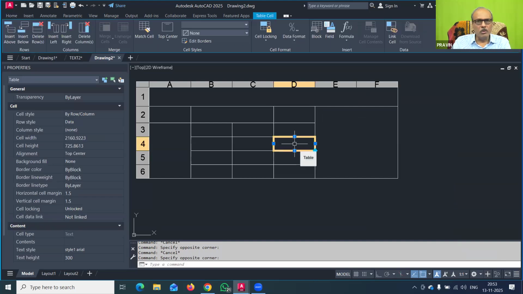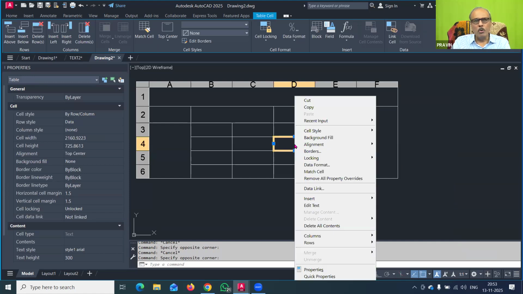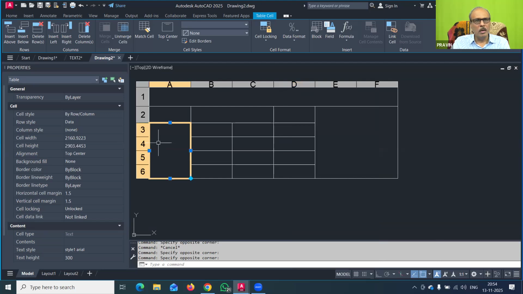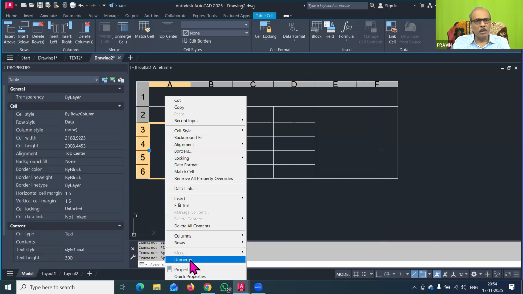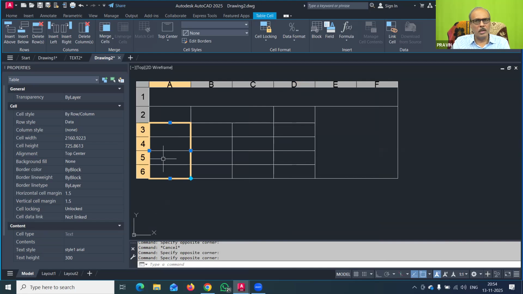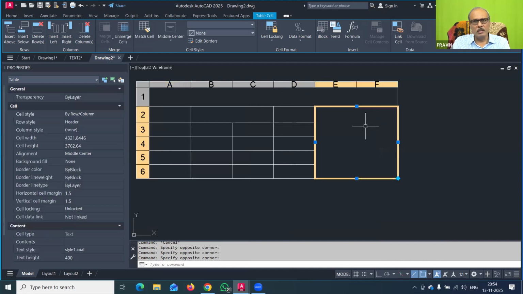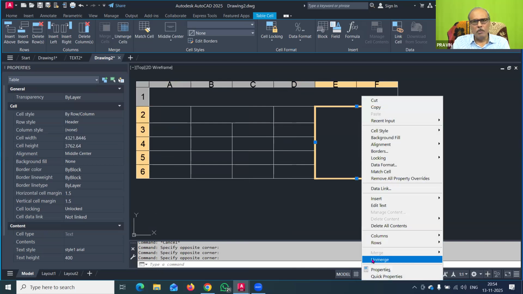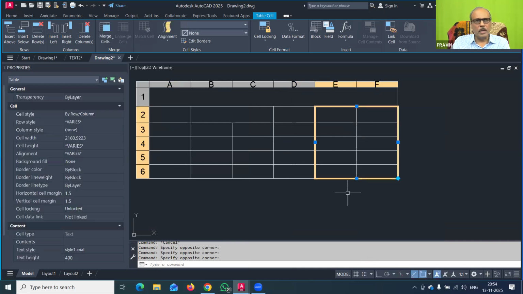The important thing to remember is that when we right click, there are so many options for editing the table. In editing the table, we have already seen how to add a column, add a row, delete a column, delete a row, and also merge or unmerge. Even you can unmerge. Suppose you select this one, right click here and unmerge that. Again the 4 rows are created. Here also you can click inside, right click and unmerge. So that is to be done.